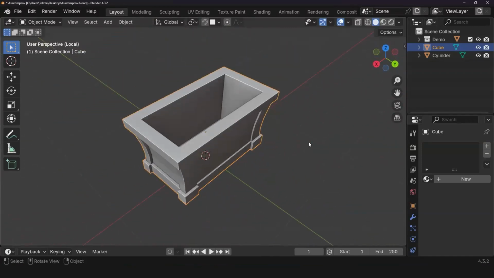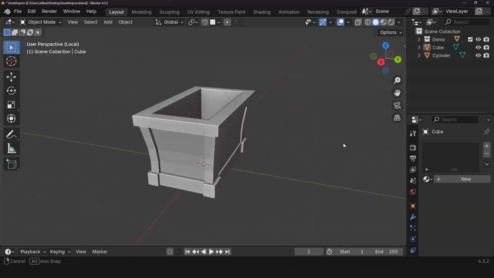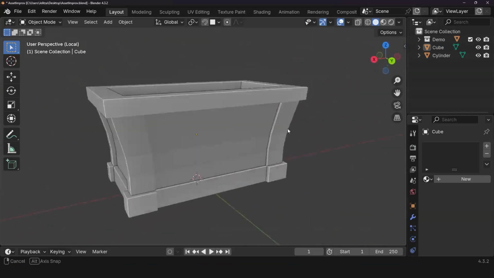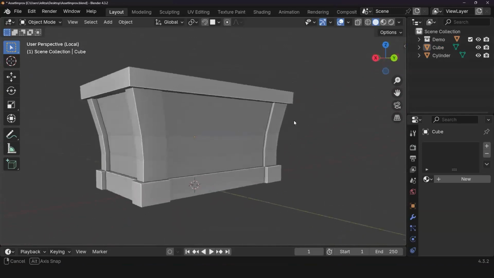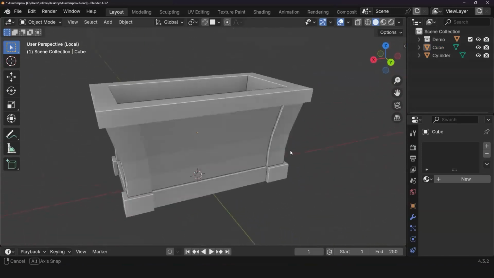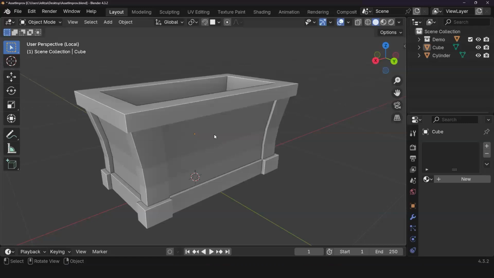However, I'm not going to do all those details now. I want to think more of the main structure of this first. The reason why I like to do it that way is I like to build out the shape of my model, make sure it's 100% what I want, and then after everything is modeled and UV'd, because I like to do my UV cuts before I do my detailing.